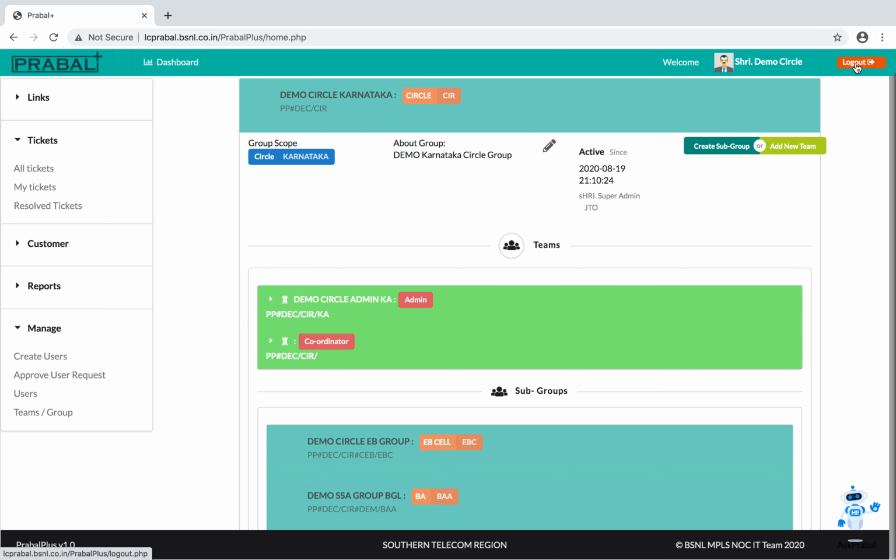Okay, friends, I hope you understood how to create a user, how to create a team, how to create the groups. So before creating anything, please design it yourself. For SSA users, I am telling SSA users, please design your SSA requirement. How many clusters are there? How many people are going to monitor? How should the team be designed? You first prepare in an Excel sheet, and based on that you create the groups and teams as per your requirement.